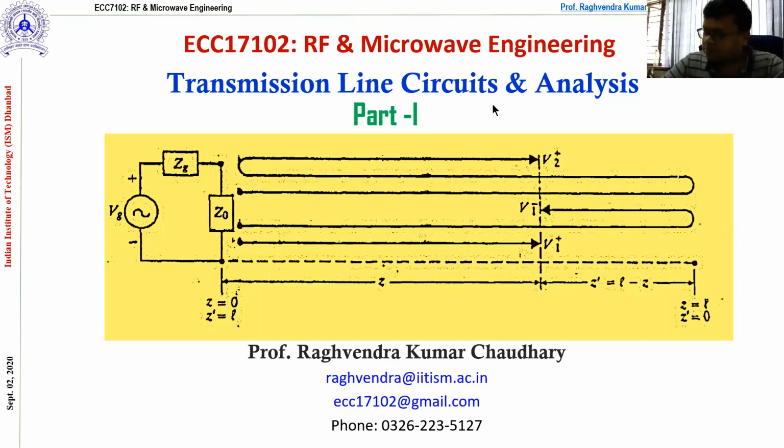So, in the last class, we have seen very important things, and particularly the focus was how to find out the maximum and minimum. And after that, we have seen that if you are terminating the transmission line with arbitrary loads, let's say a complex load, how we can manage that situation and how we can calculate the additional length of the transmission line and the resistive termination so that we can do the perfect matching.